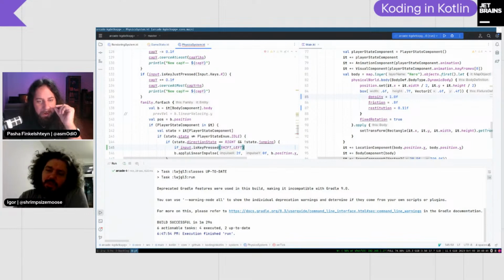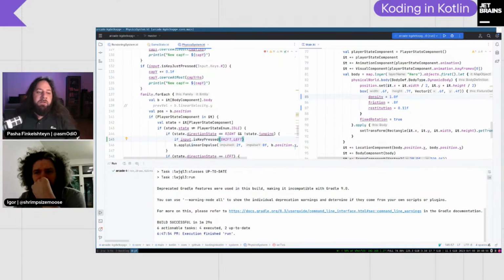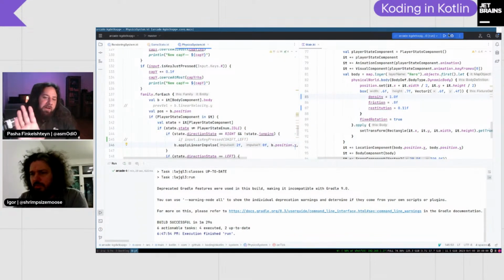But do you remember we have shift used for our attack? We use control for our attack. Probably we should revert it. Or you can use control, for example. Yeah, but right now we use control for attack. That's fine then.